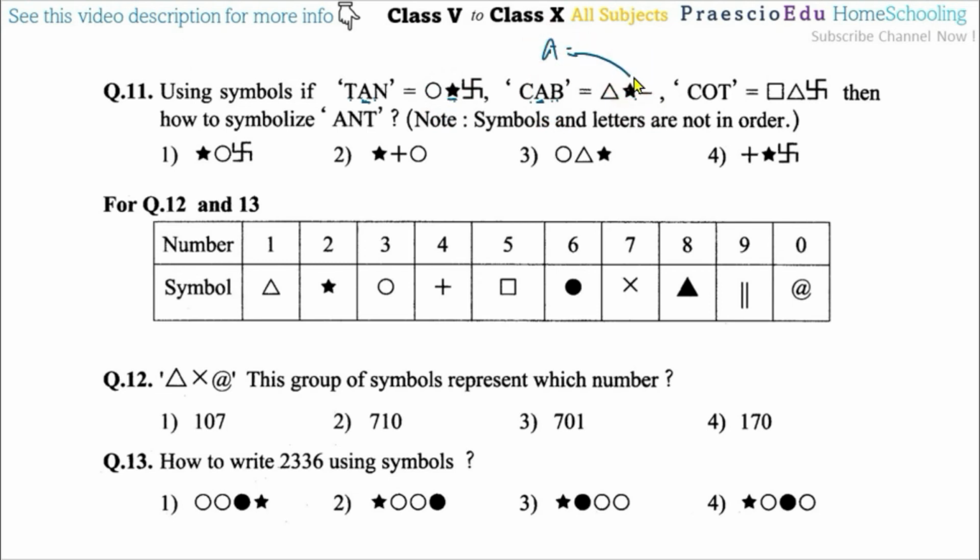So this means A. And we have to write down A and T. So this will be the starting. So from the starting, option number 2 and option number 1 are the correct ones. In between them we will check further. N is not shown, so we will go for the other one, T. So this comparison: TAN and COT.